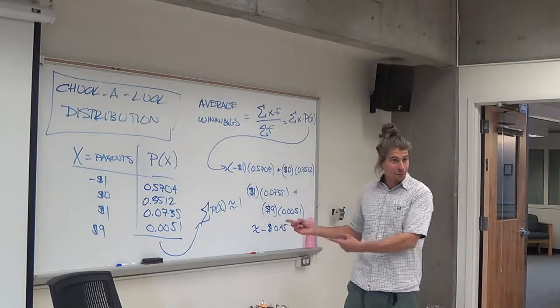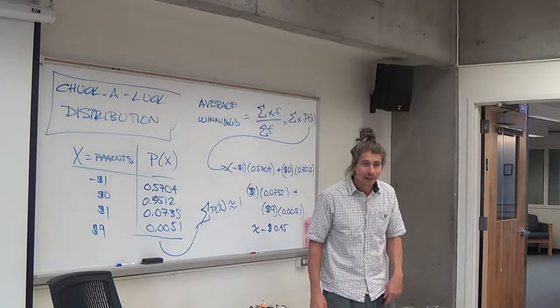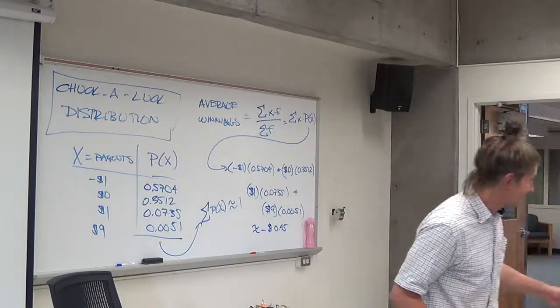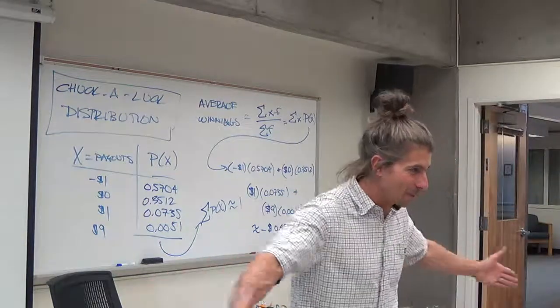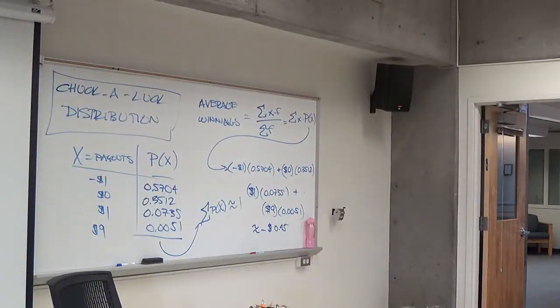So on average, you're losing 45 cents. It's the price of admission for playing the game. So Vegas knows this. They see somebody walking up to a table, they go, 45 cents. Holy crap, 10 people. Oh, we're happy. That's how they make their revenue. I mean, they've got to pay for all those drinks and all those salaries and everything else, all those lights.